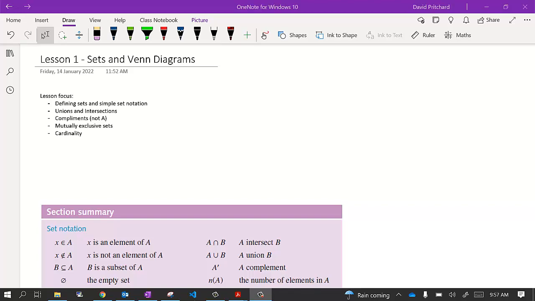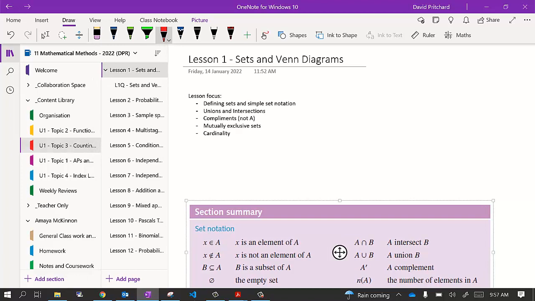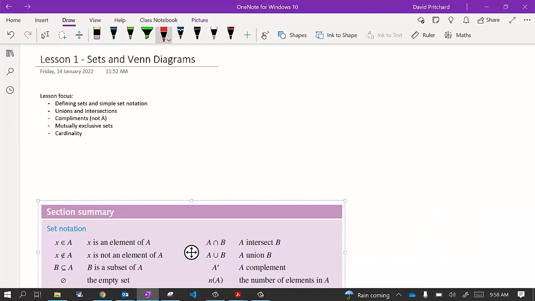In this lesson today, we're moving on to our next topic. That is, we're now in topic 3, counting and probability. And the first lesson is sets and Venn diagrams. Our lesson is a pretty straightforward one, and it should be a review of some of the skills that we've worked through previously. The focus today is we're going back to basic set notation and we're applying sets into